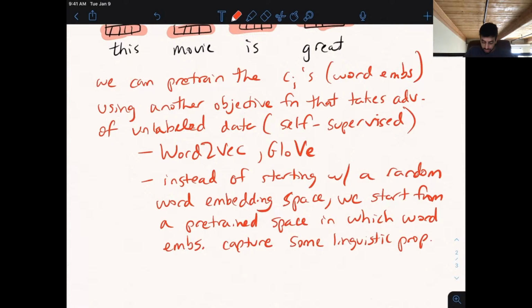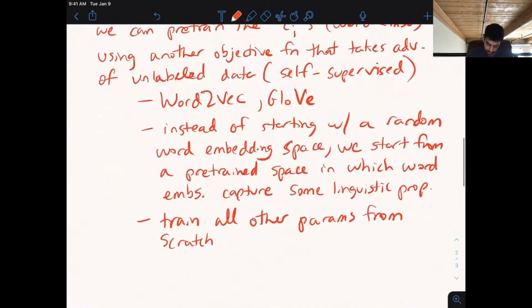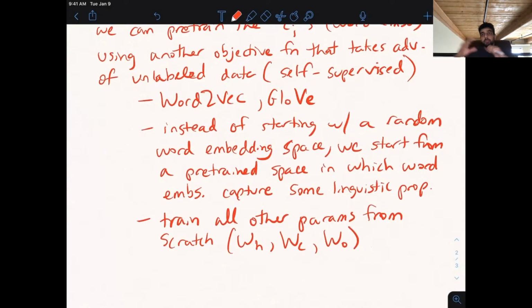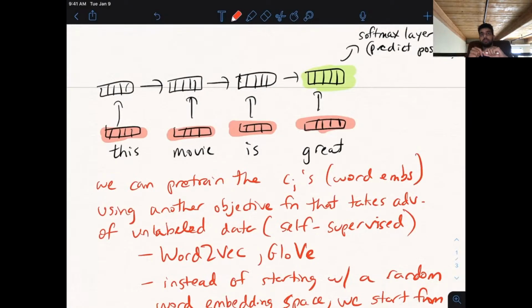So here, we are still training all other parameters from scratch. So these are the, what were they? WH, WE, WO. So the important distinction here is that we're giving some information to the model that comes from outside of